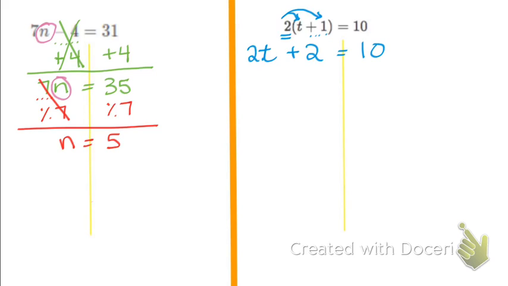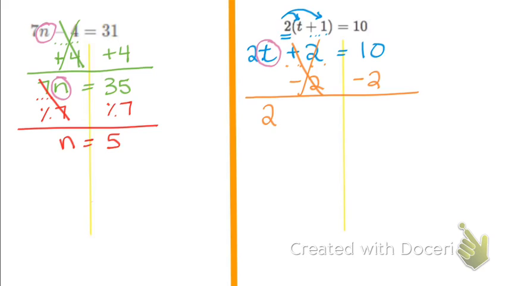Now this looks a lot like the equation on the left. We can start moving things around. We want t by itself, but it's being smushed up against the 2, and then we're adding 2. Remember, you undo what's added or subtracted first. So if we think of how do we undo adding 2, what's the opposite of adding 2? Subtracting 2. So you need to do that on both sides of the equal sign, because 2 minus 2 cancels,